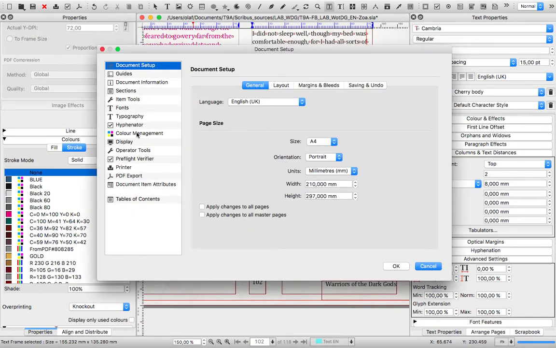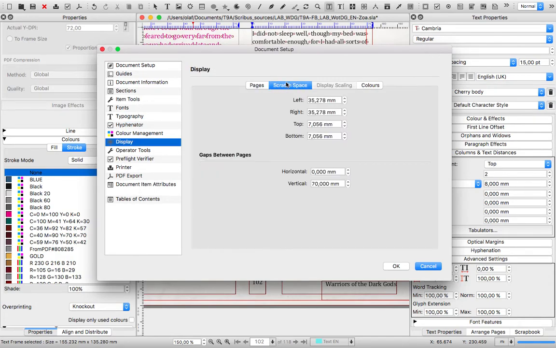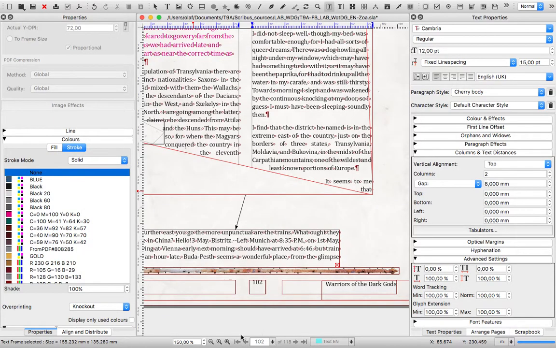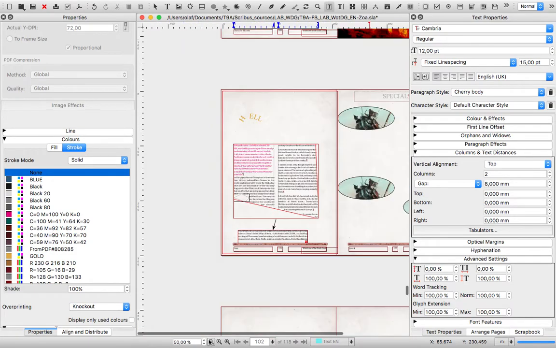In the Document Setup, you will find a way to increase the gap between each page and display scratch space. Gap between pages, Vertical. If you need to insert a sample text, right-click your text frame and use Content, Sample Text. If you need to hyphenate the whole document, choose the layer which contains the texts in the lower bar. Then through Edit, Advanced, Select All, and checking Current Layer. Finally, using Extras, Hyphenate Text.